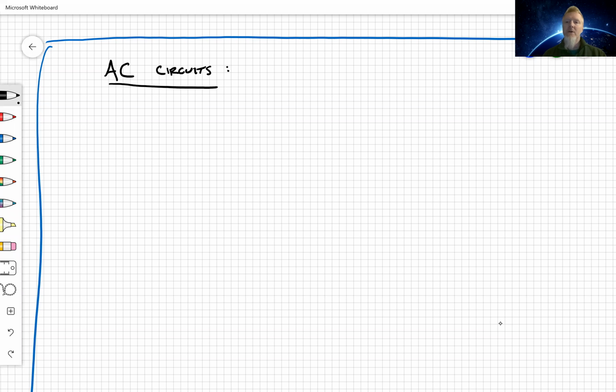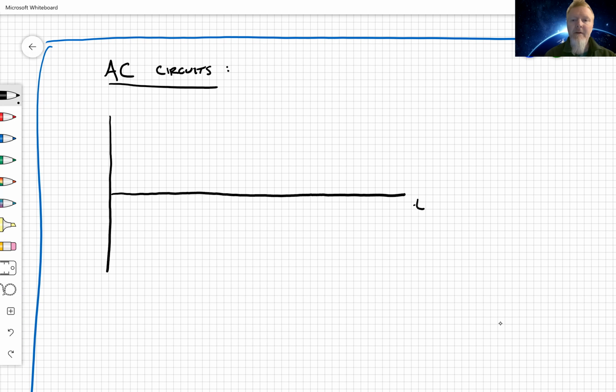An AC circuit is something that oscillates, right? It's alternating current. So if I look at a graph of, say, the voltage versus time, I'll just call it E for the voltage. If I look at a voltage versus time of an AC current or an AC outlet or something like that,